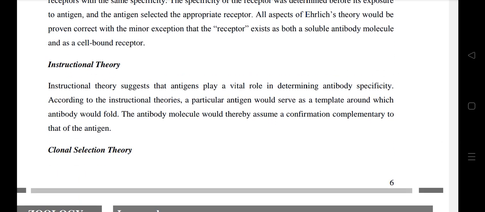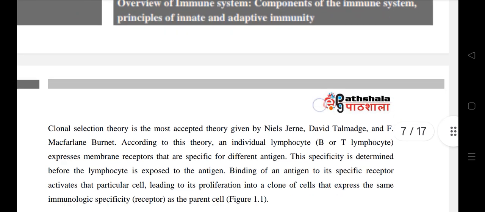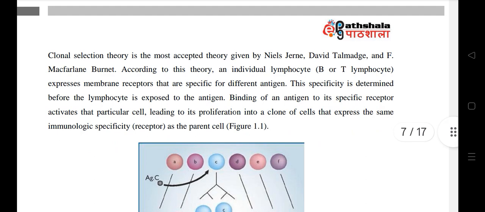Then, instructional theory. Instructional theory suggests that antigens play a vital role in determining antibody specificity. According to the instructional theories, a particular antigen would serve as a template around which antibody would fold. The antibody molecule would thereby assume a conformation complementary to that of the antigen. Then, clonal selection theory. Clonal selection theory is the most accepted theory given by